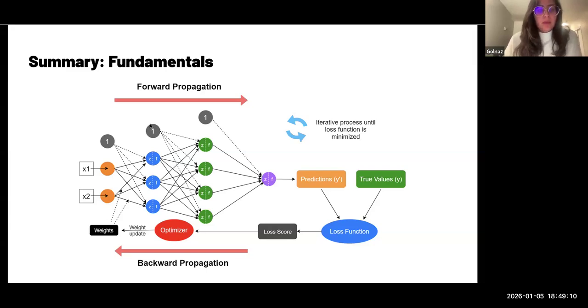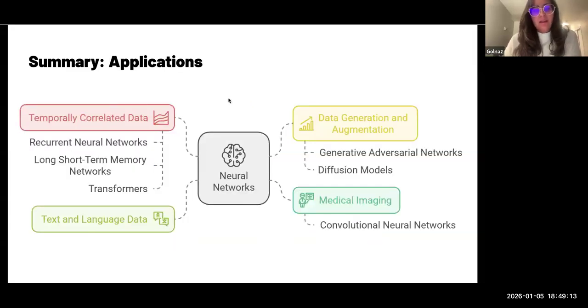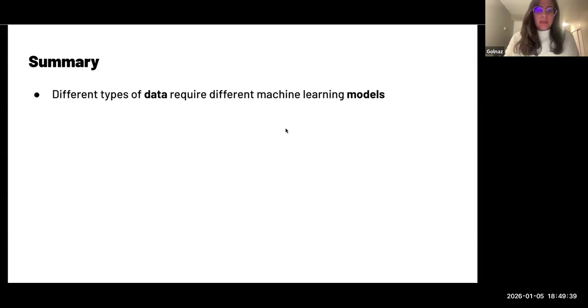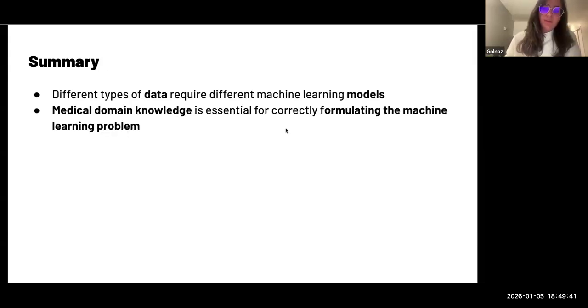for your problem. And then depending on the data, there are different solutions, different models, and each of them you can learn about, and if you need resources, you can reach out. But basically, they're designed with their own computational units for a particular application and a particular form of data. And so depending on the data, you choose your model,